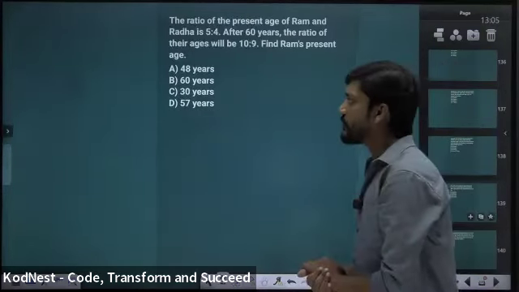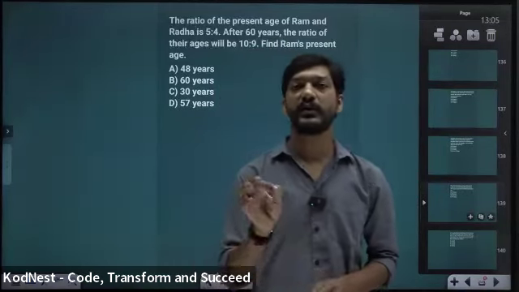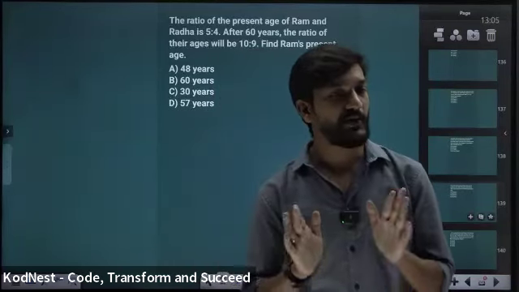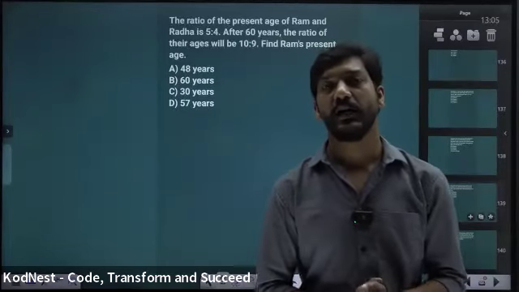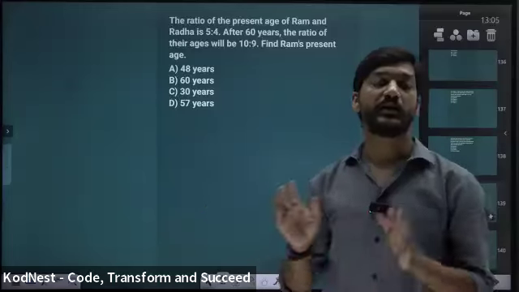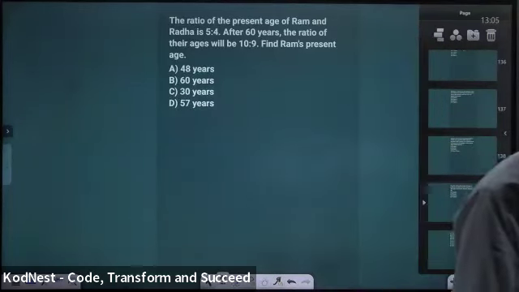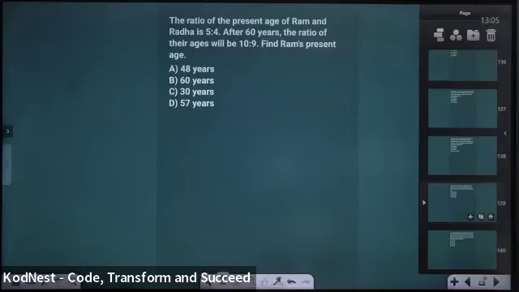So these are two ratio problems. Whenever there is a two ratio problem, there is one condition: age difference never changes. We know that. And when we take the values from the ratio, we have to see whether the age difference is constant. What if we get the product of two ages? Take a variable. For the product, take a variable. Don't do it directly.